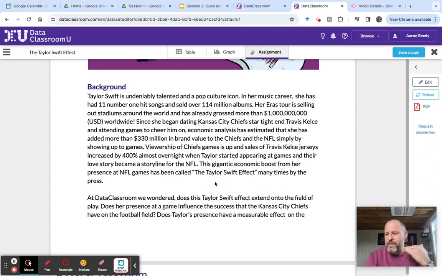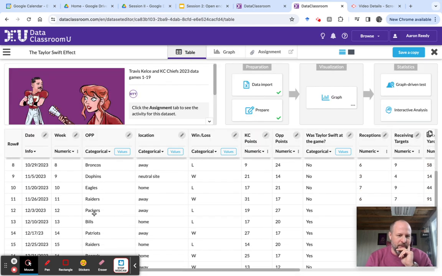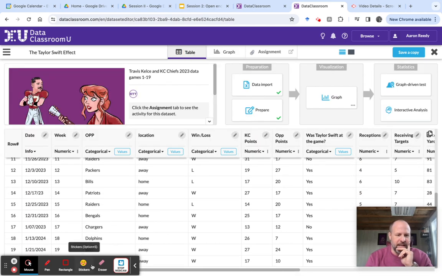Was there an effect? So that is the essential question. Now, if I go back over to the data itself and I look at the variables here, we have things like which week number was the game. And if I go over to the table, I can see the structure of this data is such that